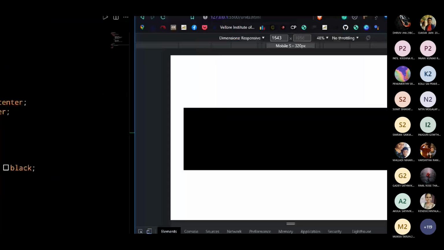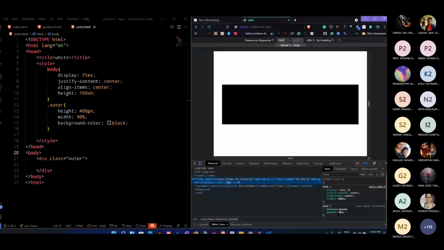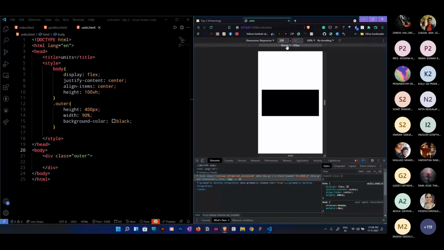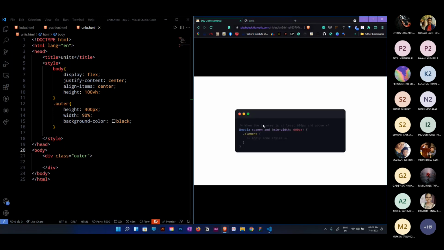If you observe on top, if I zoom in, it's saying mobile S, meaning small mobile. When I go to tablet, it says tablet, mobile M, mobile L, and all those things will be there. As you can see, mobile S, small mobile width will be 320 pixels. So you can use media queries to apply particular styling at that particular width. I will explain how we do that in a minute.